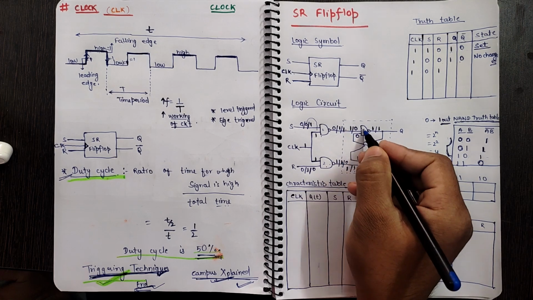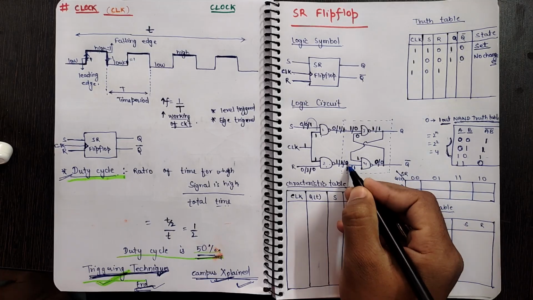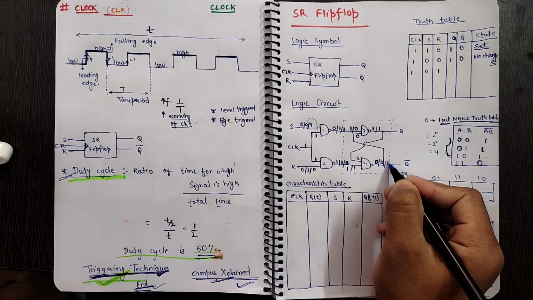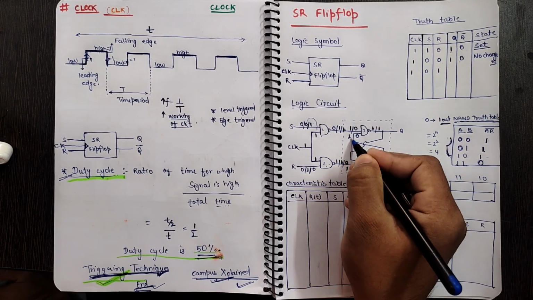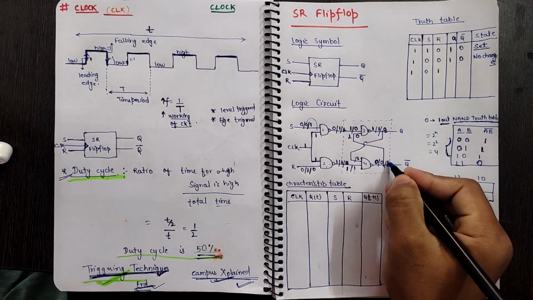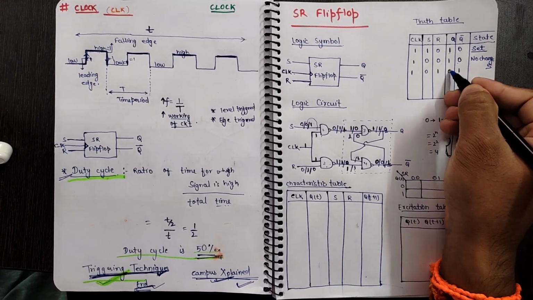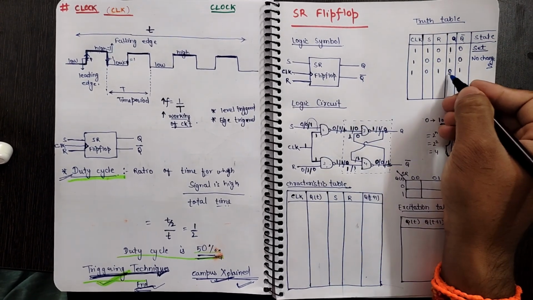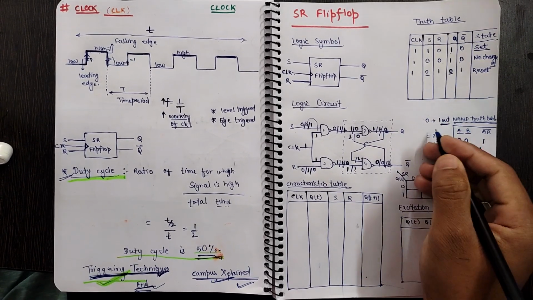It means the 1 will be coming here and 1 will be coming here and this 0 will be coming here. So we know that if any input of the NAND gate is 0, we will get 1 as our output. So this 1 will be coming here, and 1 and 1 will give 0. So we are getting 0 and 1 as our output. Now here the output value is stored as 0,